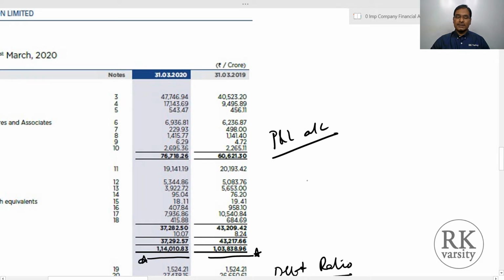To know more about this, you need to look at the profit and loss account and see the profit ratios, profit margins, and also the contribution of finance cost. You can do that with the help of a common size statement. By calculating a common size statement, you'll know what the impact of financial cost is. If the financial cost impact is very high, then this is a negative sign.